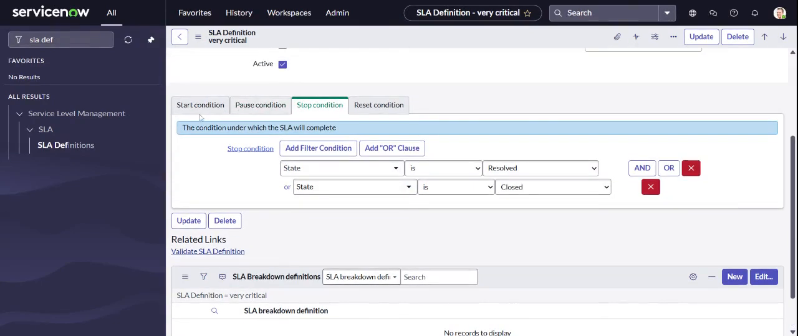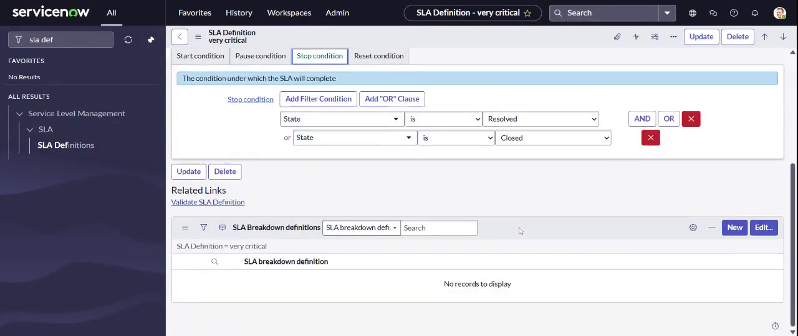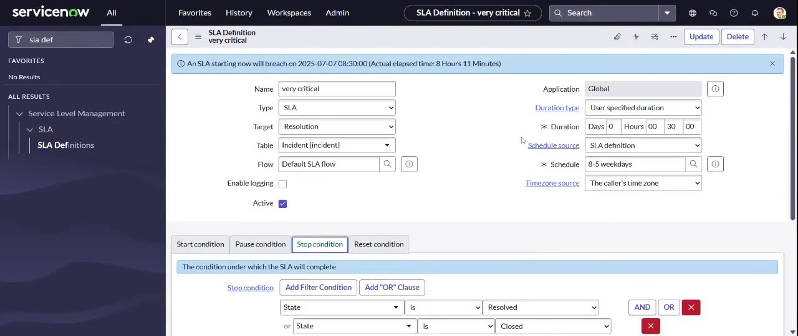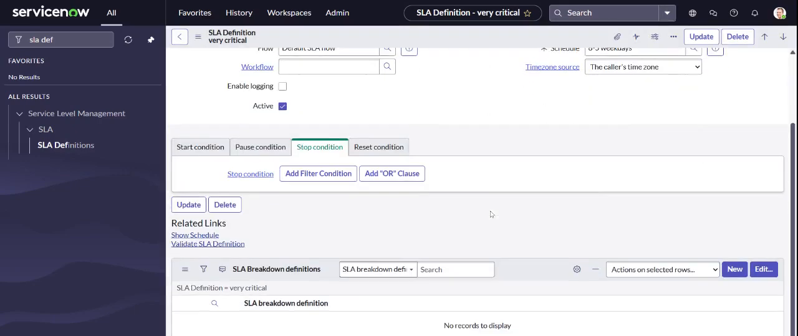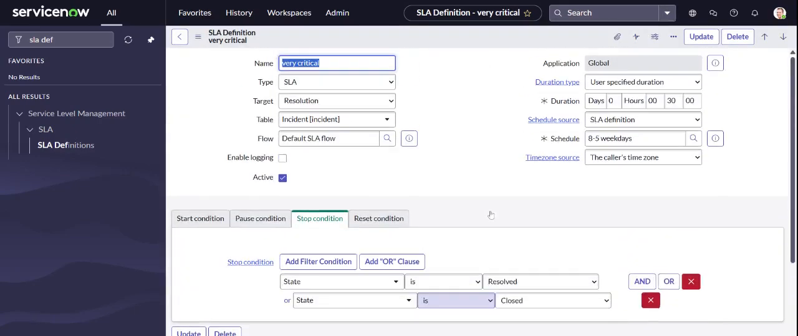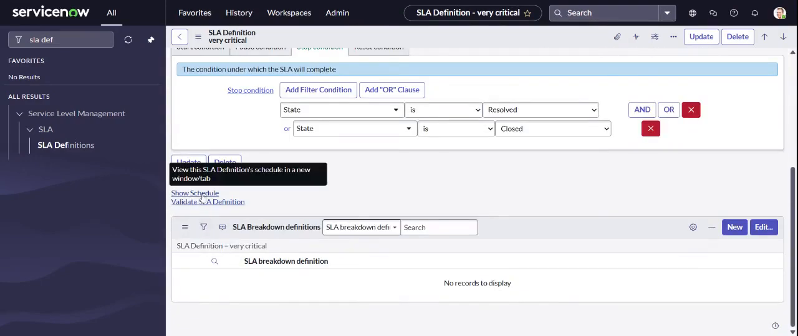And all the conditions like start, stop, pause condition, I will remain as they are, right? And I will just save it. Right click on the header and save it. When I save it, you can also click on the show schedule, validate the SLA definition. When I click on the show schedule,